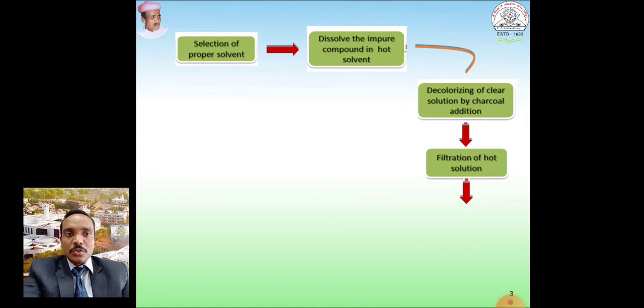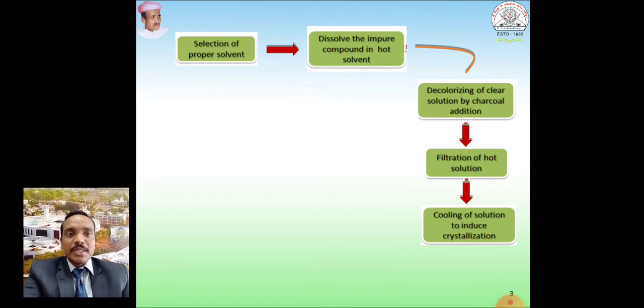Afterward, once we complete the filtration process, we keep that conical flask at room temperature for cooling. As we know, the compound which we added in the particular solvent is insoluble at room temperature and is solubilized only in hot condition, that means at the boiling point of the solvent.